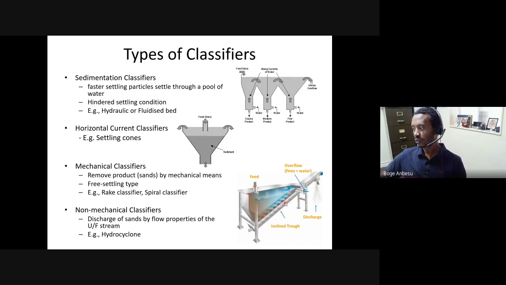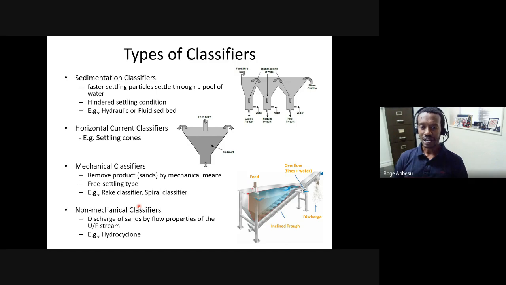So eventually, your solids will make their way up and discharge, while whatever is in the overflow would be very fine particles or slimes with water, and that would be collected as an overflow discharge. So again, based on whatever mechanism you use for removal of the solids, it can be a spiral or a rake classifier. Other types of classifiers, as I said, probably hydrocyclones are more common in many operations, and they